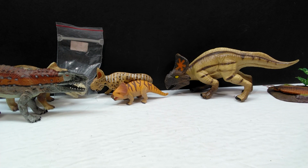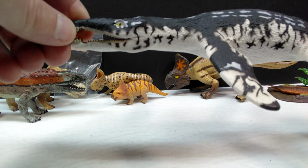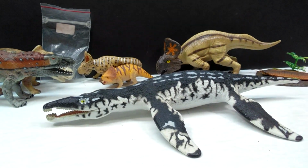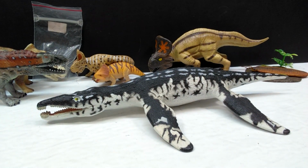And the final figure included in this lot is, again, another one of my holy grails, and that would be this. And this is another Toyway Walking with Dinosaurs figure, and if you, again, are familiar with the line, you'll know this is the Liopleurodon, and it is just as beautiful in person as I imagined it would be. And man, this thing is in really good shape. I was not aware of just how good of shape this was actually in when I had purchased it from him, and he cut me an incredible deal on this, because this figure at times can sell upwards to around the $200 mark, but he sold it to me for like $50,